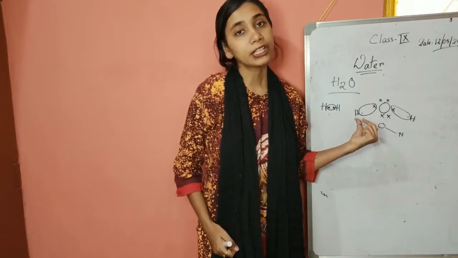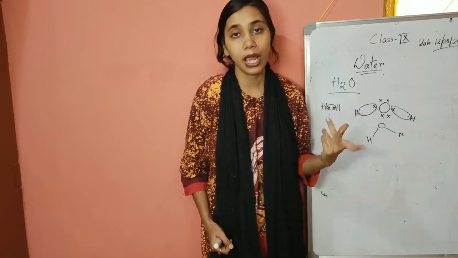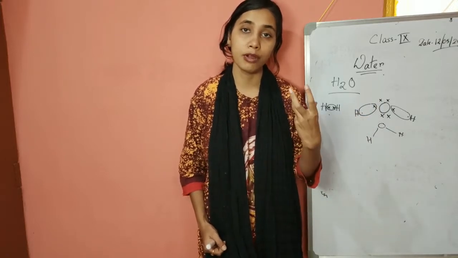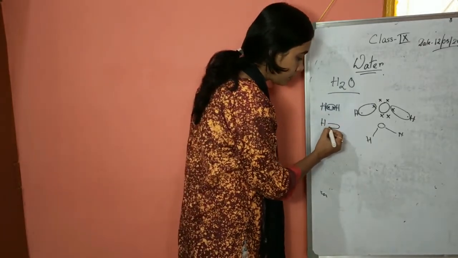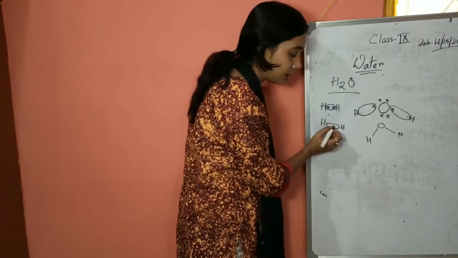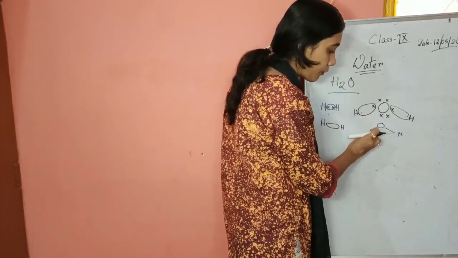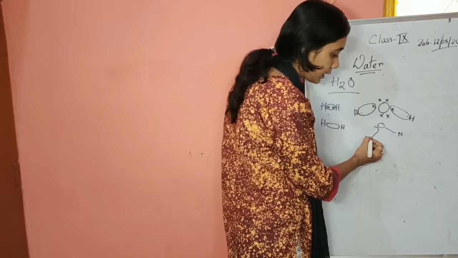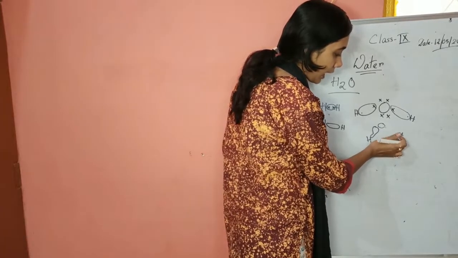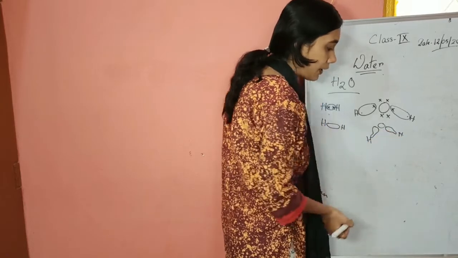Now we cannot see actually in the real case 1 and 2, we cannot count in this way. Electrons remain inside in the form of a cloud. So there will be formation of a cloud, an electron cloud here. You cannot see where the electrons are after formation. Similarly, here also there will be formation of a cloud, but the density of the cloud will be a little bit thicker towards the oxygen, and here it will be a little bit thinner towards the hydrogen.